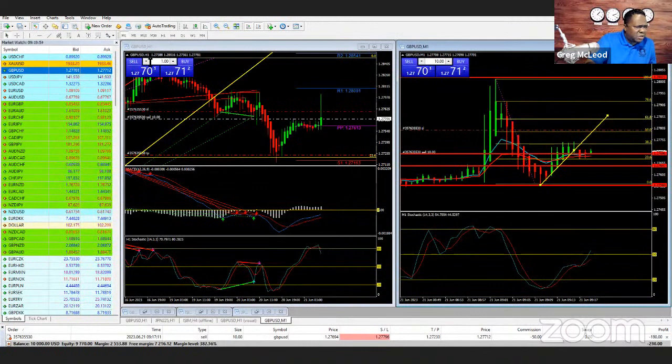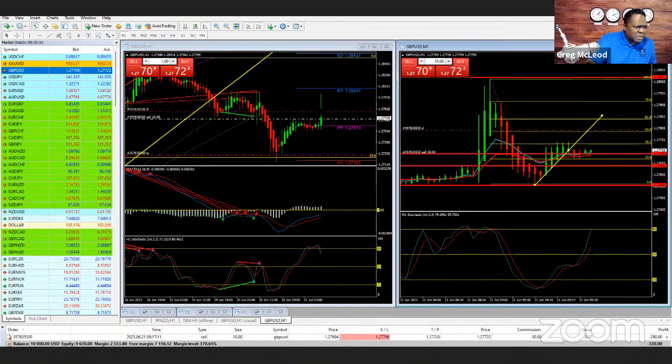I have my chart set up with the 1 hour as my directional bias, and I'm really looking at this long wick being really, really bearish after the news. This is a big news pop. I was figuring that since the news has already been baked into the market, we would continue to see